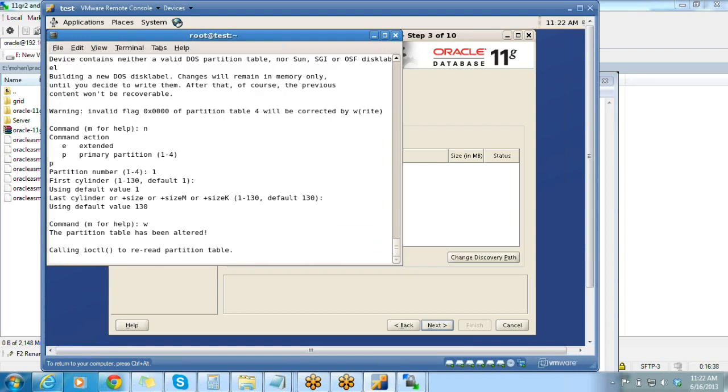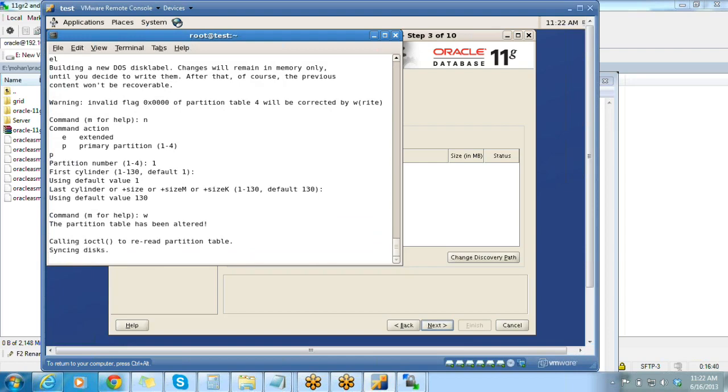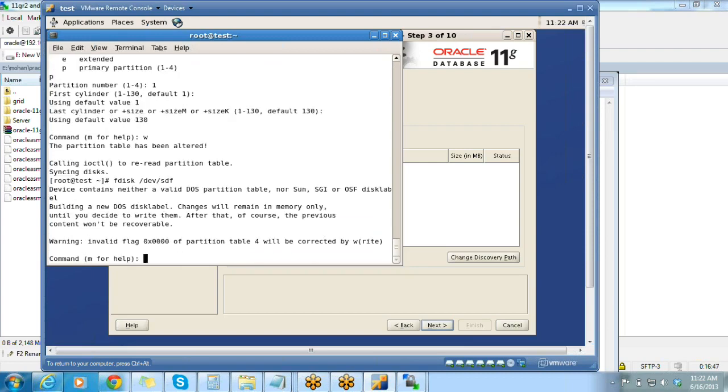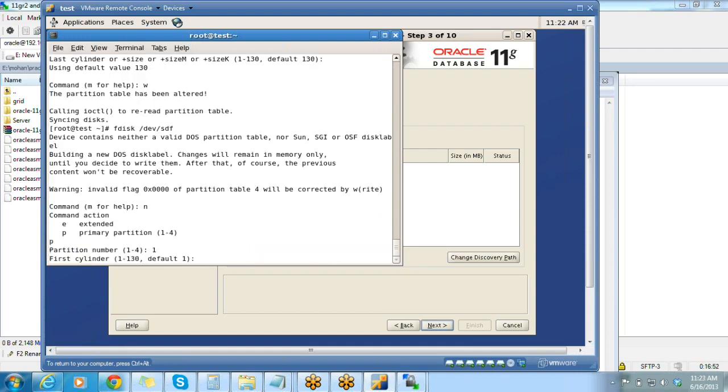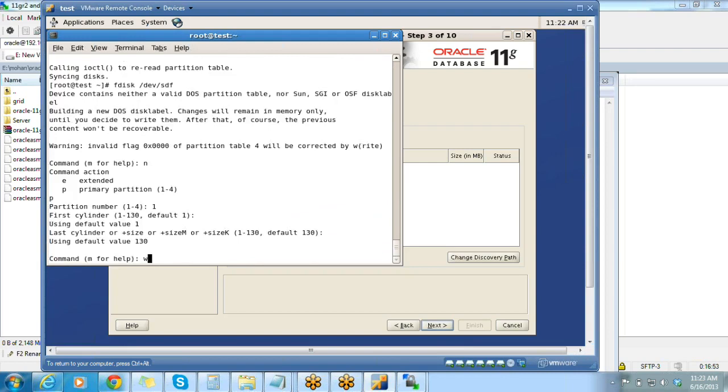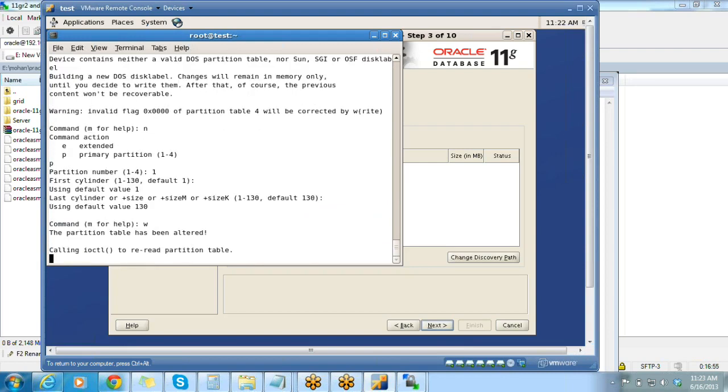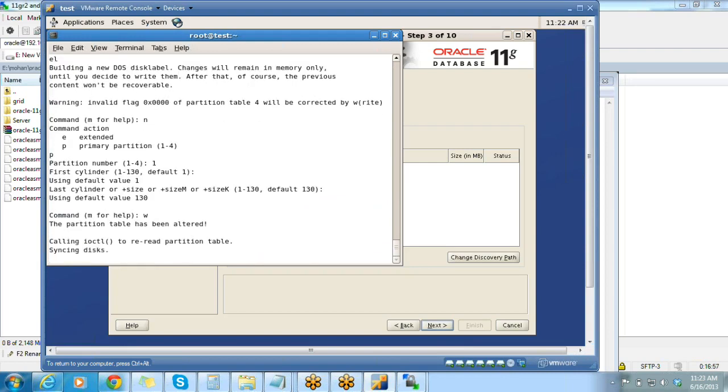redundancy. Here you choose whether you want to enable the mirroring or not. As I said, mirroring is an optional thing. If you don't want to enable the mirroring, you have to select the external option. If you want to enable the mirroring, you can select either normal or high. The difference between normal and high is, in normal, you will have only